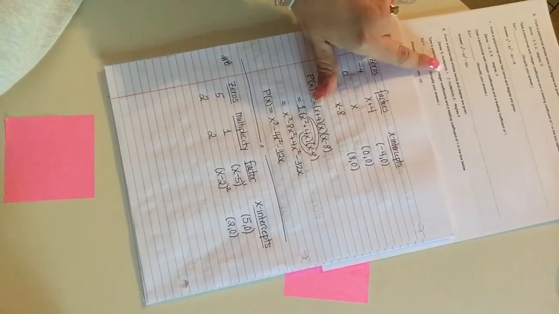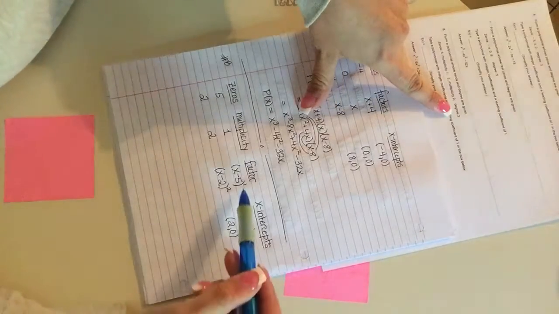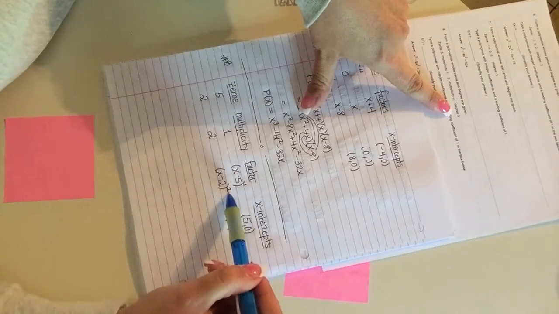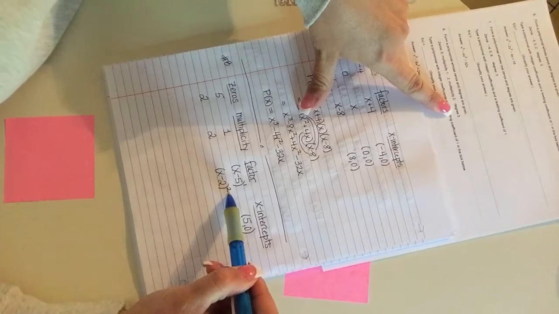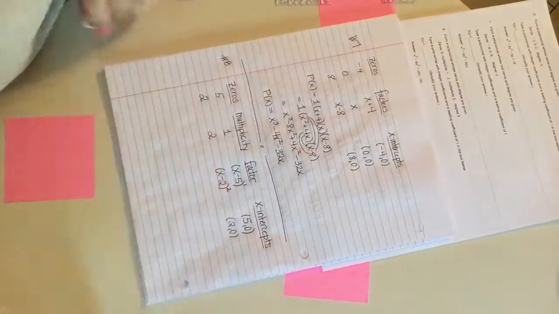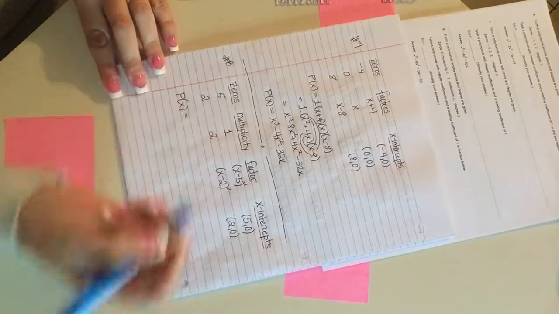Now, we got the zeros that were listed, and it wants a degree 3. So this 1 plus 2, that's the degree. The degree will be 3. After I multiply this out, we will get an x cubed. So P of x equals